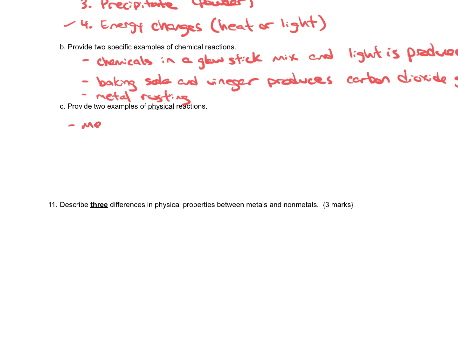So for example, melting ice is a change of state. We did not change any particles. Ice is made of H2O particles, and so is water. So H2O turned into H2O, that's not a new product. So that's only a physical reaction. And then we can talk about things where you're not making something new, you're just kind of mixing things together. We did it with food coloring in the past. You mixed a couple of colors of food coloring and the colors mix, but it didn't turn into a new color. We can also talk about dissolving sugar